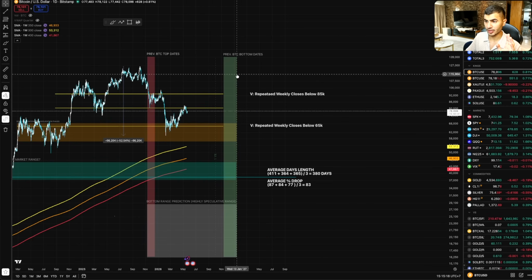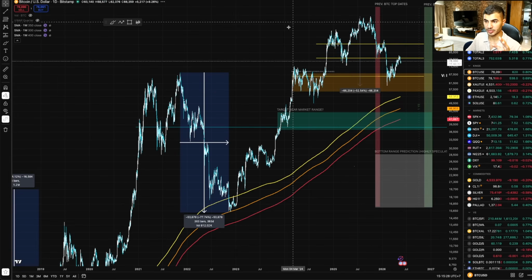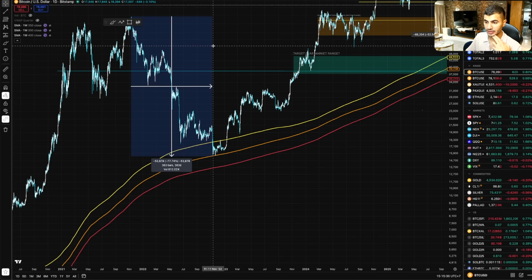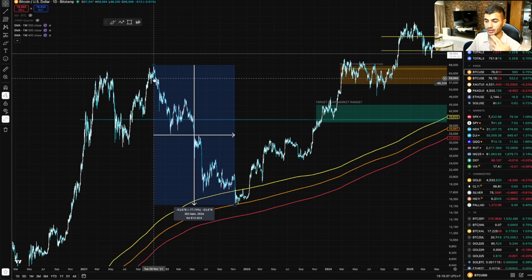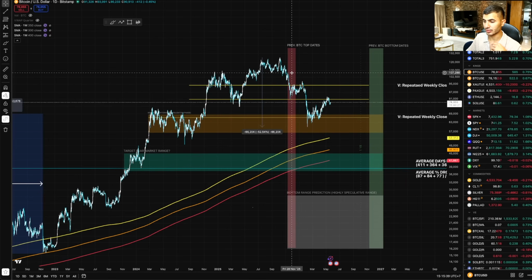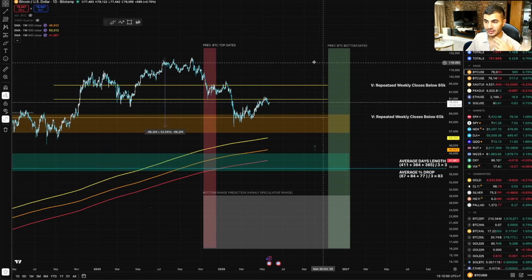The previous bottom dates have been around 10 November and around 11 January based on previous market cycles. I'm going to take one example here to showcase the idea. 11 November has been the extreme range, and the one here was 9 November, which should be within that range. So 9 November is somewhere right there, and that's the extreme range as well. So those are the market cycle dates that are relevant.